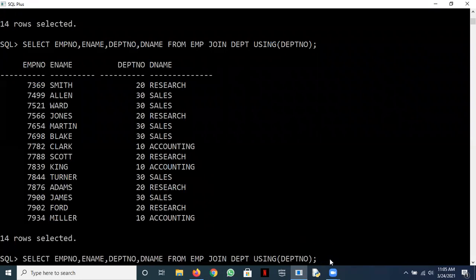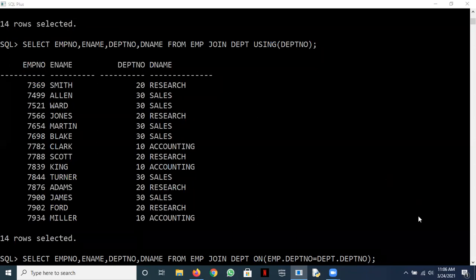Let's pick up that one only. Let's write it again. On, say, m dot department number is equal to department dot department number. Bharat, can you raise your hand once again?